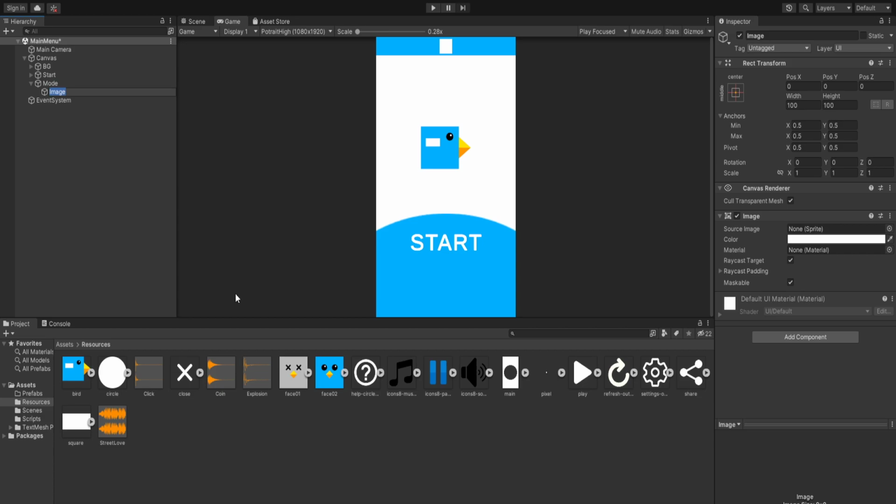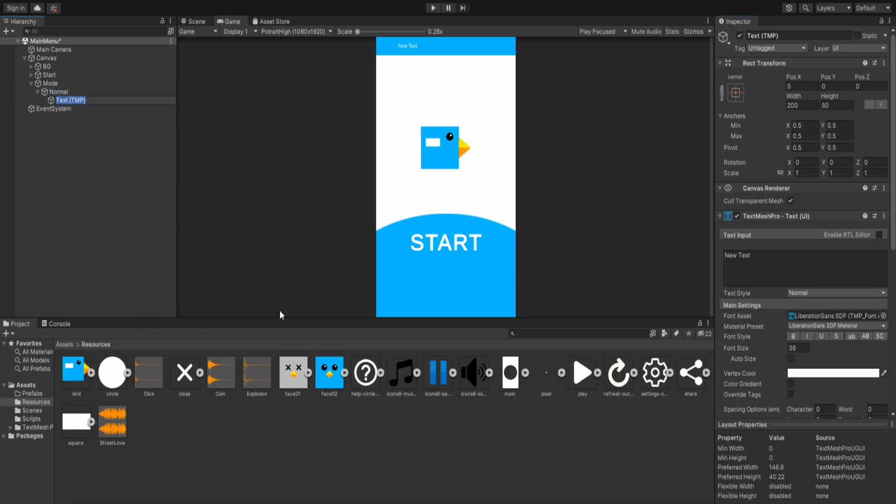Now let's add an image, and we are going to call it normal image, and it's going to be 540 by 128, and we'll position it at negative 270, and this one's color is going to be transparent. But inside this normal image we are going to add a text, and the text is just going to say normal,